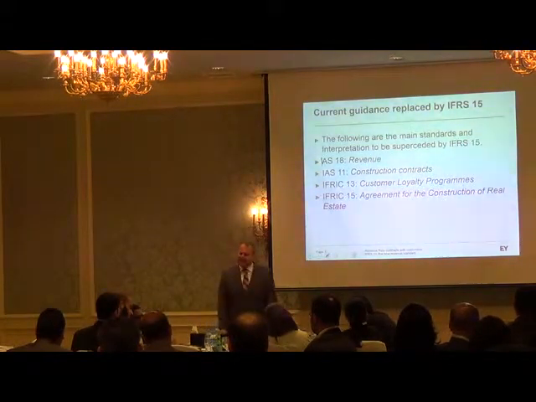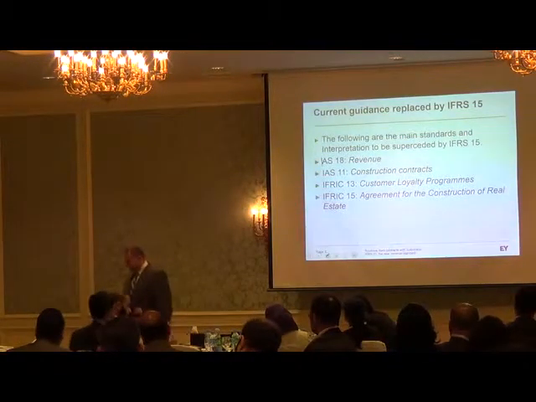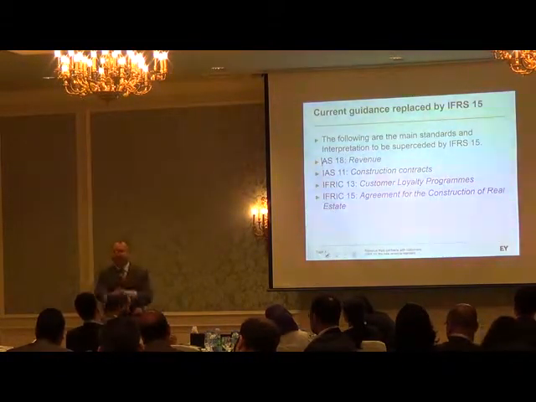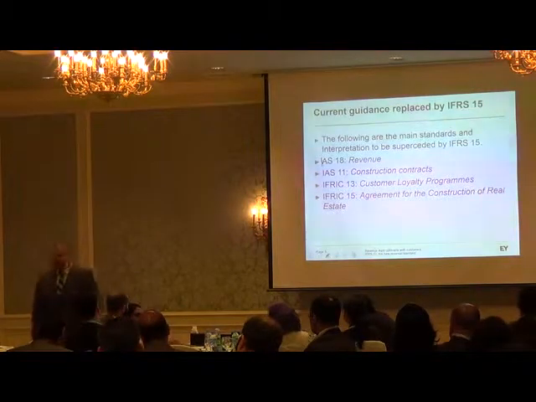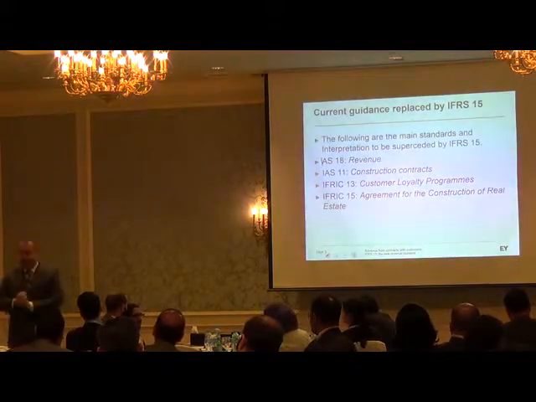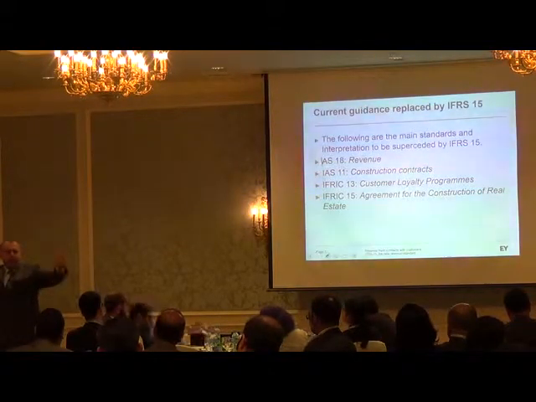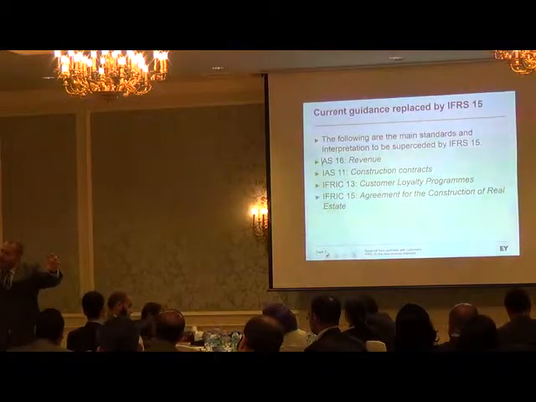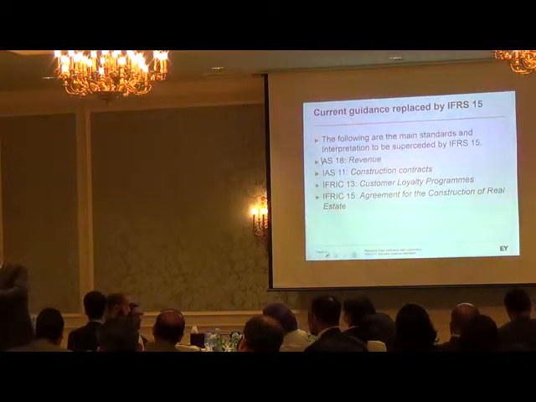Now, to be honest, this interpretation will not be used anymore. And the reason for that, because what was the main idea behind this IFRIC 15? In IFRIC 15, we had a chart where we could decide if a sale of real estate is under IAS 11 or under IAS 18, right? So that was the main idea of IFRIC 15, because we didn't know if we can use percentage of completion or not. Why am I saying that? What's the main idea behind IFRIC 15?